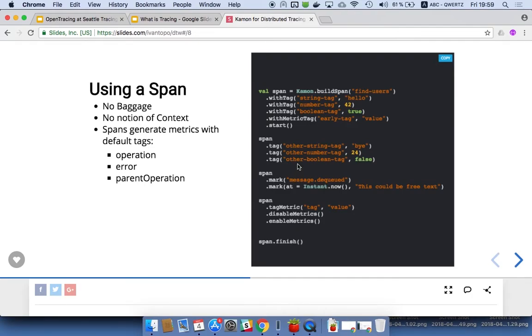This is a little bit of how the span API looks. So you have a span, and you can add tags with strings, numbers, and booleans. You can add marks. Marks are this concept of events within a span. You will notice that tags are just a key value pair, but a mark has a timestamp. If you do this mark message.dequeued, for example, internally it takes the current timestamp and adds it as a little event on the span, or you can provide your own time for this